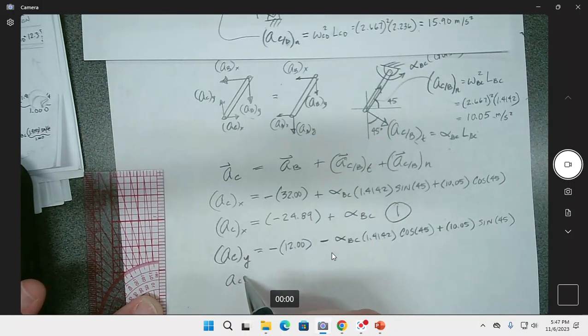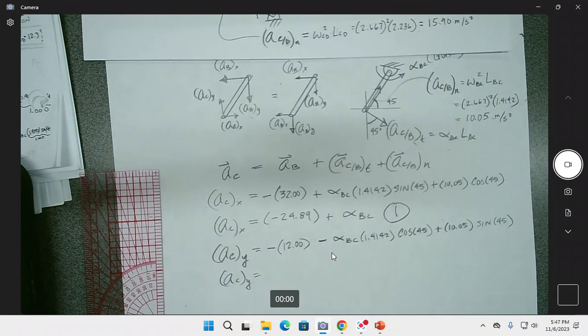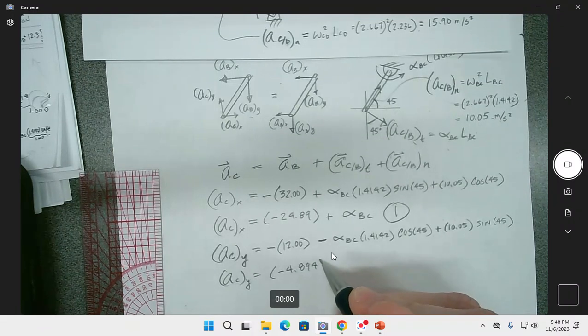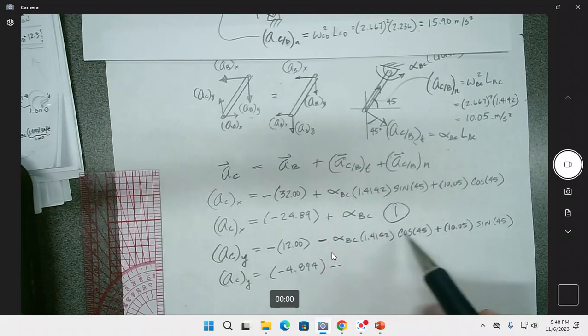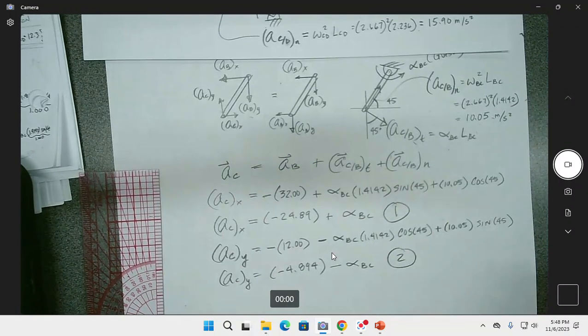So we'll rewrite this out, reduce it down. So we get 10.05 times sine 45, and subtract out 12 from it. So we'll have a negative 4.894, call it. And then this is negative, minus, and then this times that should be alpha BC. We go 2. 2 equations and 3 unknowns, so we have to